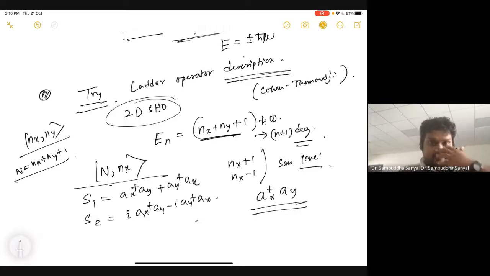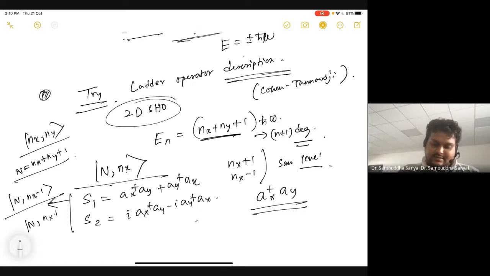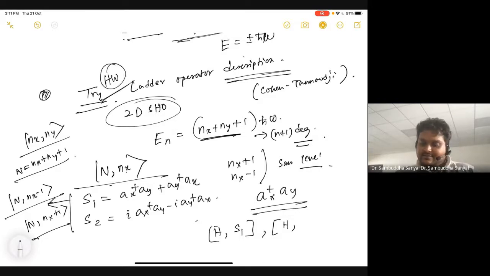So these two, and one of them you can also check what they actually do to the states. It turns out one of them takes you down in this way, and the other does it the other way. So you can formulate the problem in terms of that, and you can also show that H is 1. So work this out also. This is homework. I already wrote "try", but I'm also writing it.